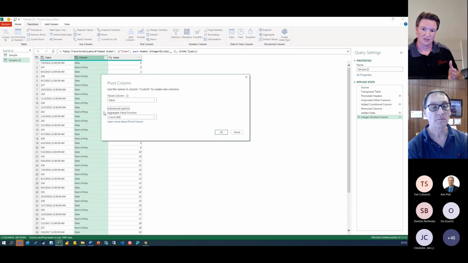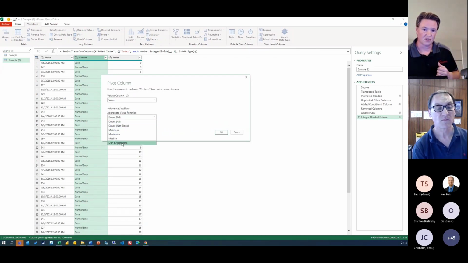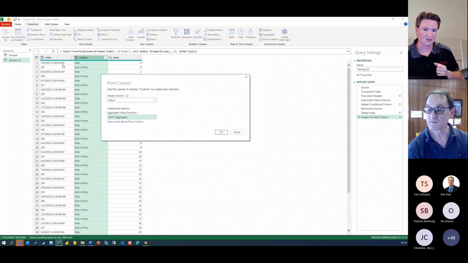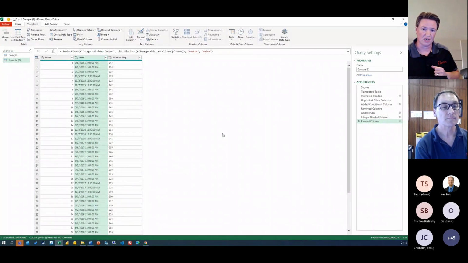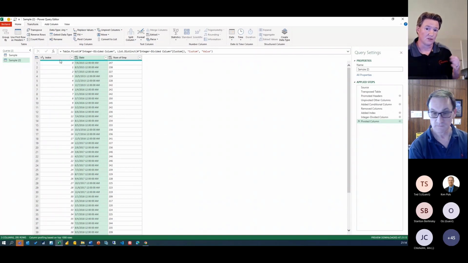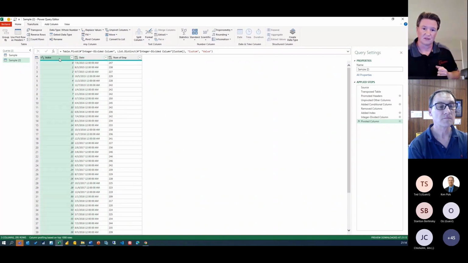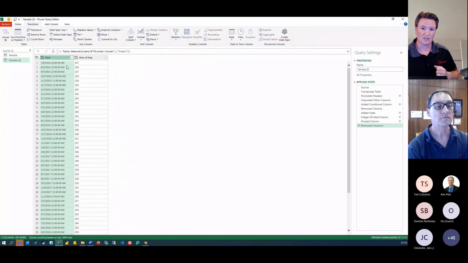And under advanced, I have to choose don't aggregate because I have several types of data in this column, but you can also see by the left cell alignment that these are all text strings. So those can't be aggregated. Press OK. Perfect. Of course, I no longer need that index. I can remove that as well.